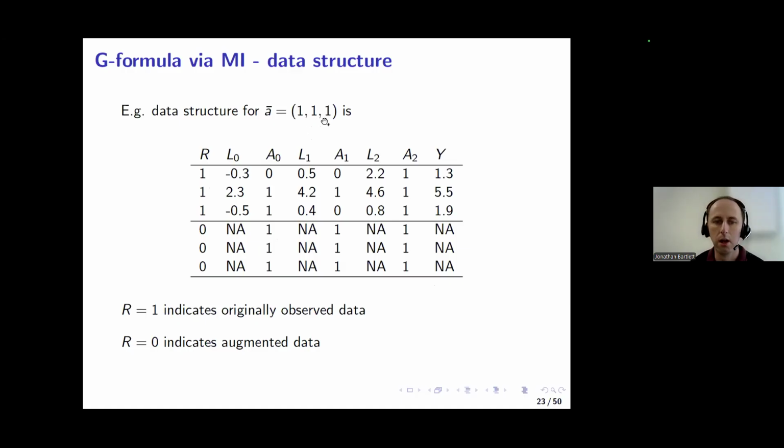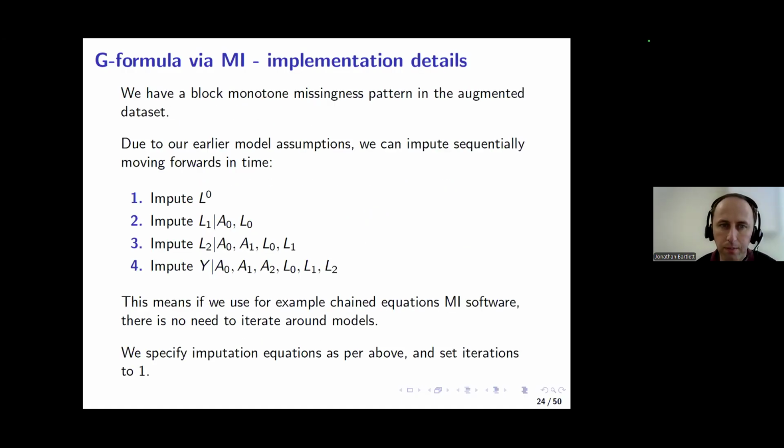So this is going to enable me to estimate the mean outcome if individuals were treated at each of the 3 time points. So how do we do the imputation? Well, you've got an artificial missingness structure, a block monotone missingness structure. And what we can do then is impute the baseline confounders L0